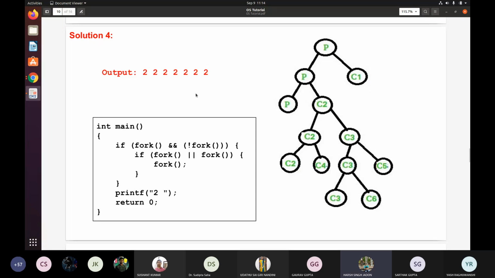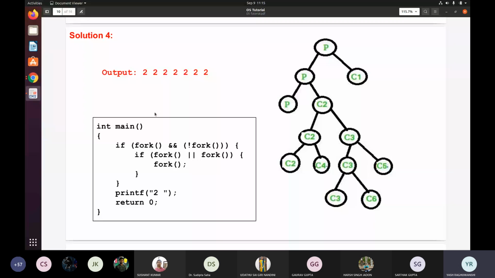Sir, in the exam, would making this tree be sufficient, or do we have to explain? No, yeah, making this tree will be sufficient. You can explain it also, and yeah, you'll have to explain a little bit. So drawing the tree will obviously be a part of the question, but then you'll have to answer what is exactly asked. Maybe drawing the tree is not the exact question, but it's a part of the overall question. So just read the question properly and then answer it.